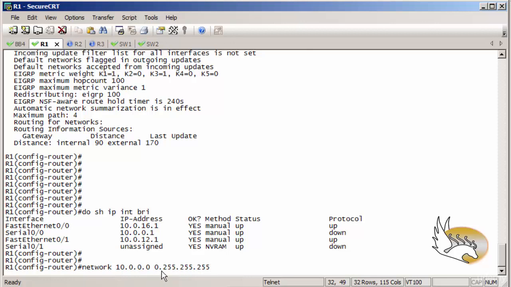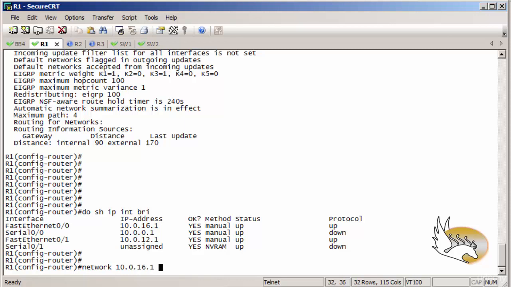It means any interface that has an IP address in this range, 10.0.0.0 to 10.255.255.255, will be part of the EIGRP process. But this means that any time you add an interface that has its IP address in this range, automatically that interface will be assigned to the EIGRP process. I don't want that. I want to assign interfaces one by one, with exactly that IP address of the interface and no other IP addresses. So I delete these and add IP addresses like this: